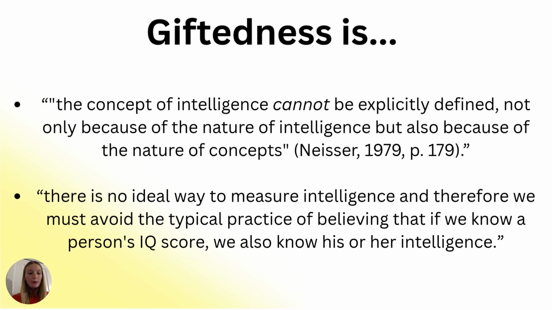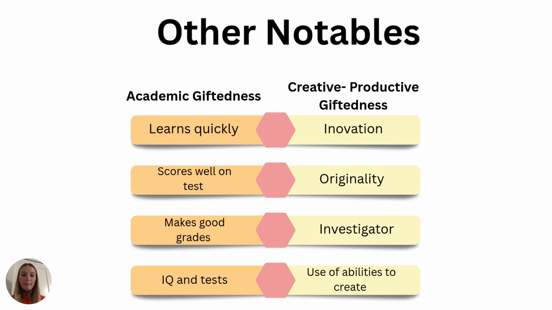And then the second part says that there is no ideal way to measure intelligence, and therefore we avoid the typical practice of believing that if we know a person's IQ score, we also know their intelligence. So, this is saying that we cannot measure a person's intelligence based on their IQ score, that an IQ score does not tell us if the person is gifted or not. And this leads us right into our last slide where we talk about the two different parts of giftedness